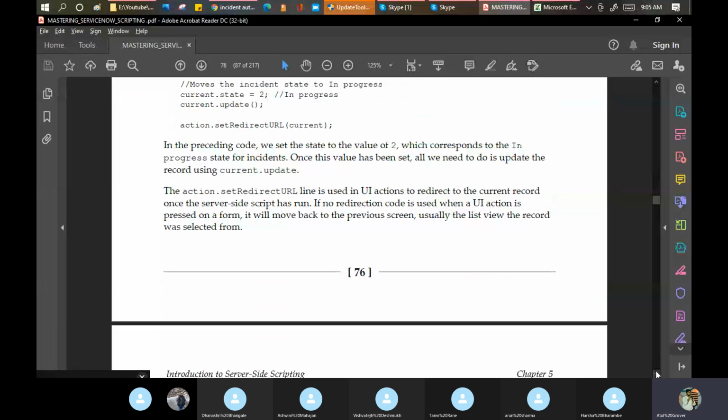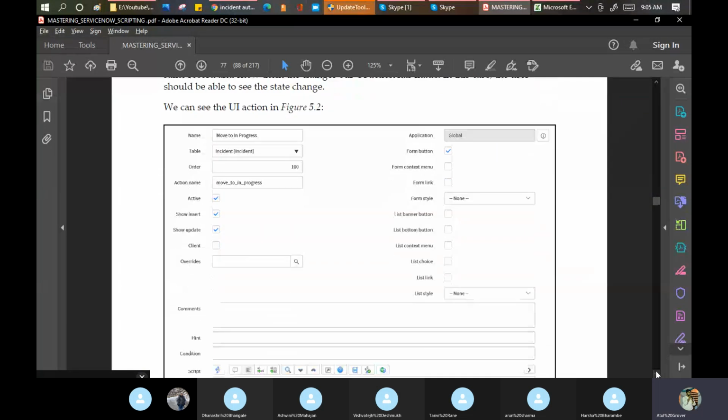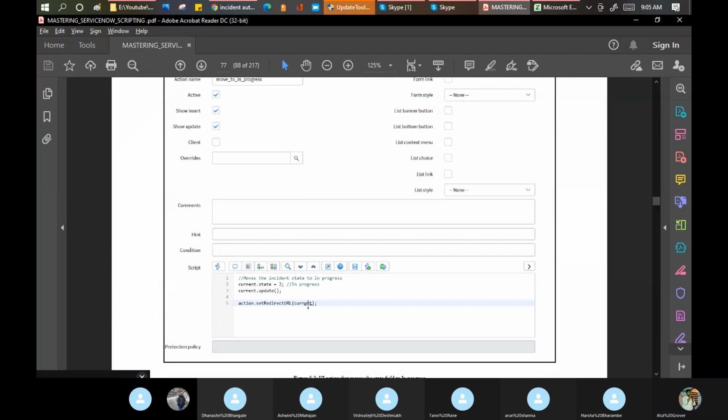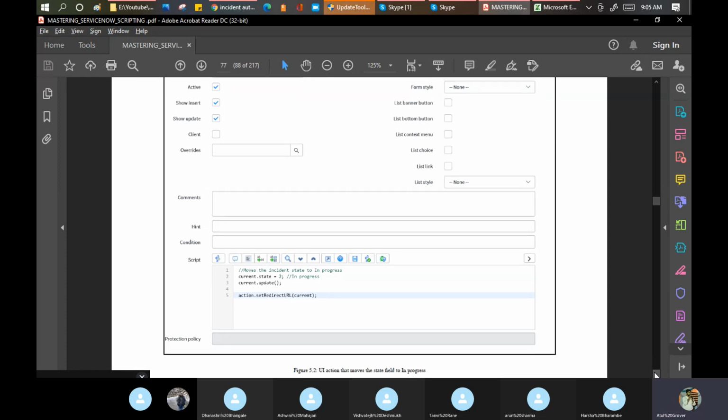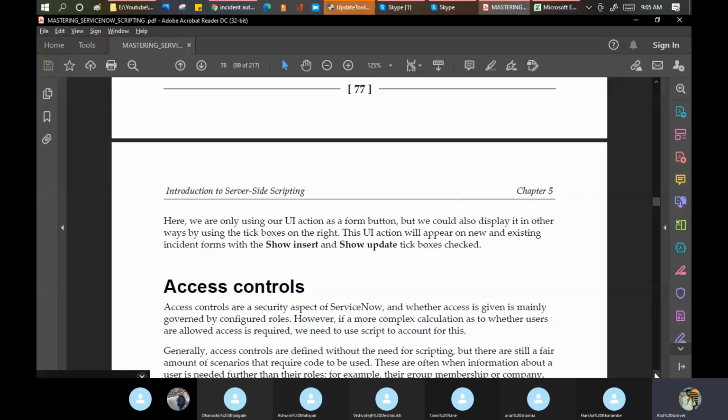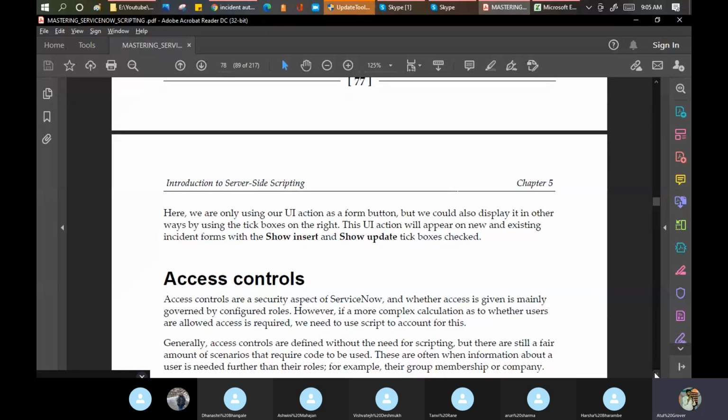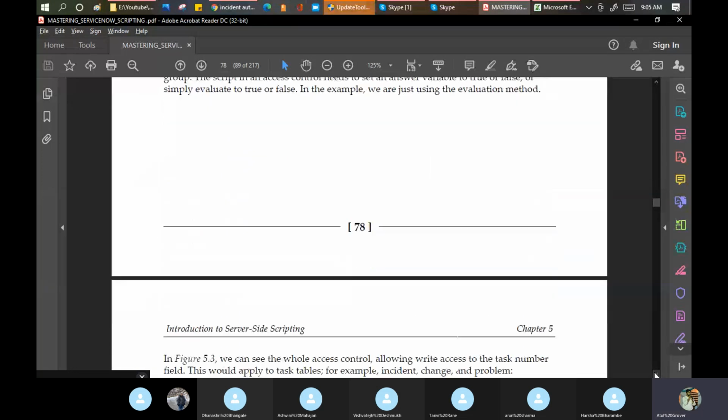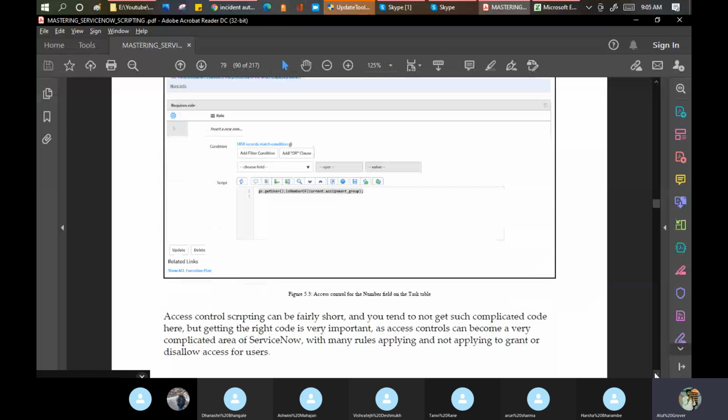That is the two places which require the scripting part. Current state is to current.update. Set the record URL current like this. Now any doubt, any question? I can scroll a lot. There are 200 pages I can scroll, but I don't want to go into that much detail.